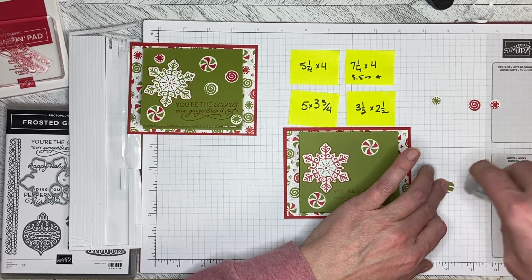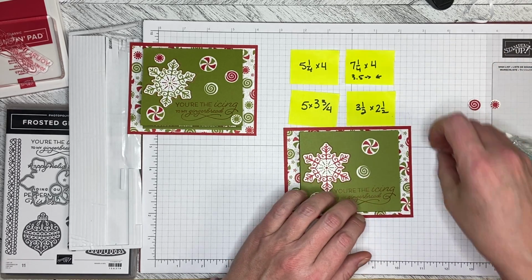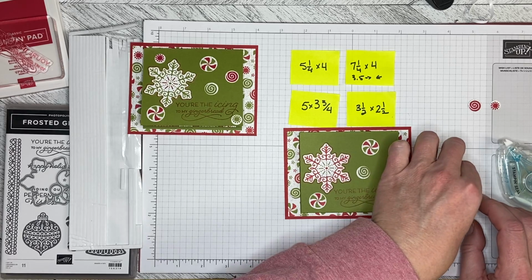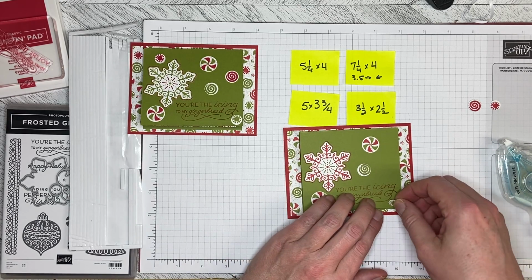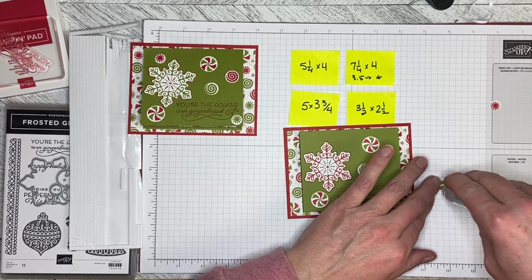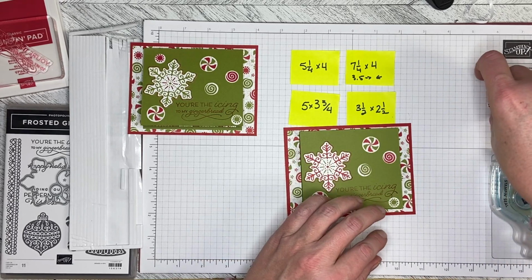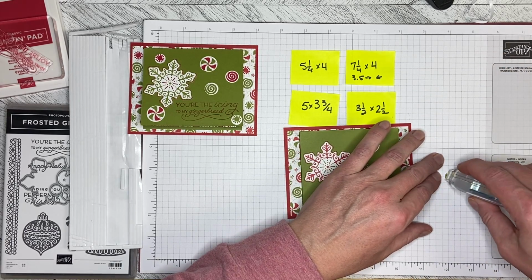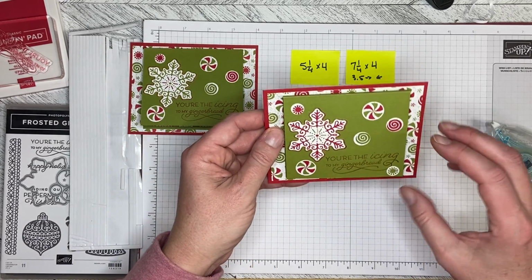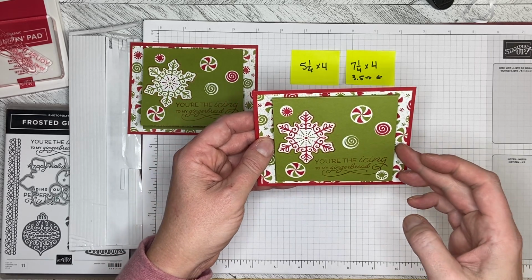You could stamp the front and then you could run this through an embossing folder if you have a snowflake one, or if you have even the Tasteful Texture one, that will do it. But it just adds another level of detail to the front. But these are good the way they are, and I am just going to add this last one, and that is our project finished. It fits in a standard size envelope, so you can still put it in an envelope,